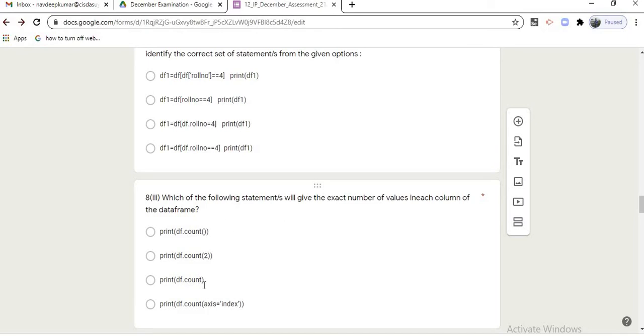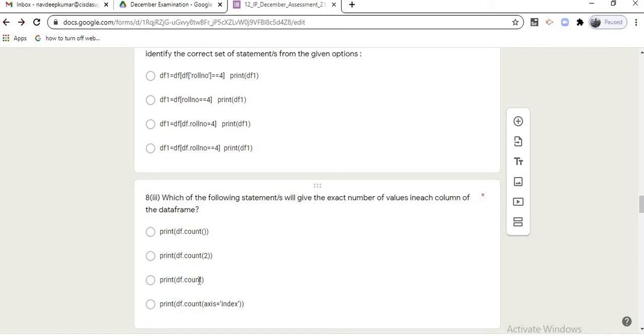Count calculates the values column wise by default, meaning its value by default is 0. 0 is for column wise, and 1 is for row wise, and 2 is not a value that should be here. Clear? The first option is the right answer, because for a method we use the parentheses, and for an attribute we don't write the parentheses.